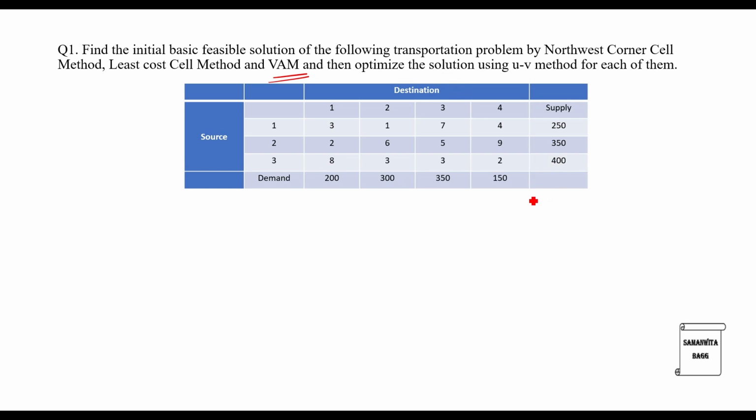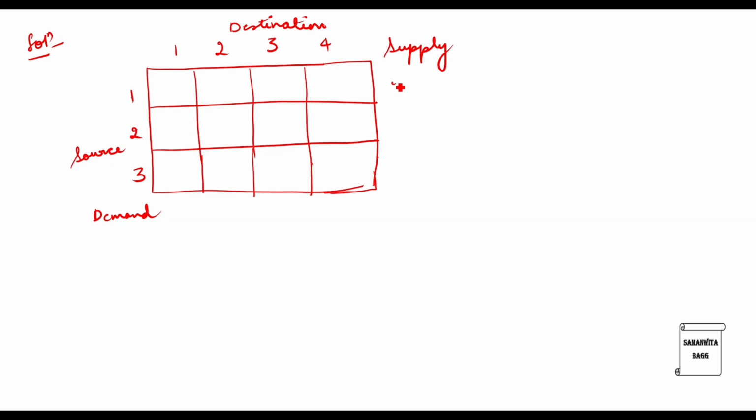So assuming that I am solving from the start, I will always have to first check the demand and the supply value. So this value is 1000 as we know by now. So it is a balanced type of problem, hence we can directly start solving it. We will start drawing the table. Make sure that there is a lot of space towards the right and below the cell. So here we'll write out the supply 250, 350, 400. Here the value of demand is 200, 300, 350 and 150. Now we have already checked that the total value is 1000.